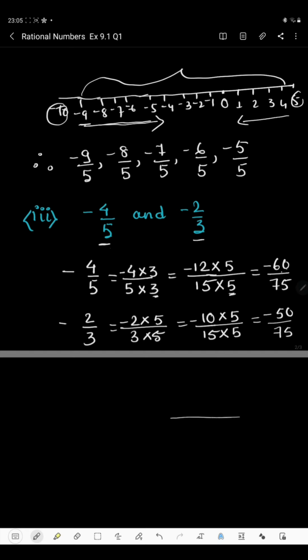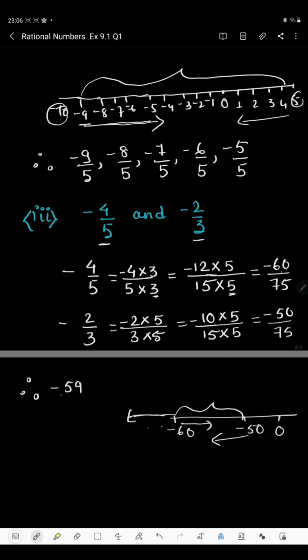Now suppose here is 0 and minus 50, then minus 60 comes, okay. You cannot go farther, means 61, 62 we cannot take. We will have to take the numbers in between 50 and 60. That means either we start from here, 59, 58, 57 like this, or we can start from here, 51, 52, 53 like this, okay. So therefore the 5 rational numbers will be